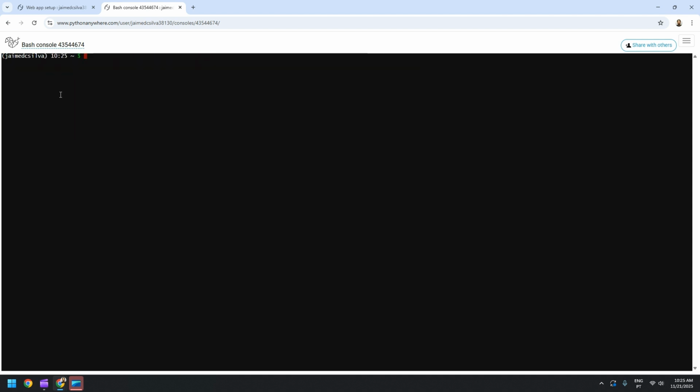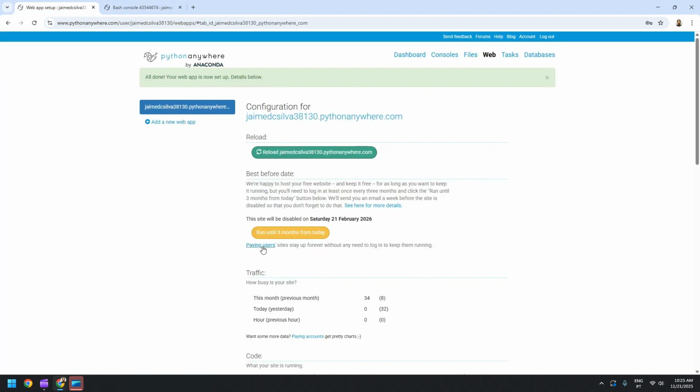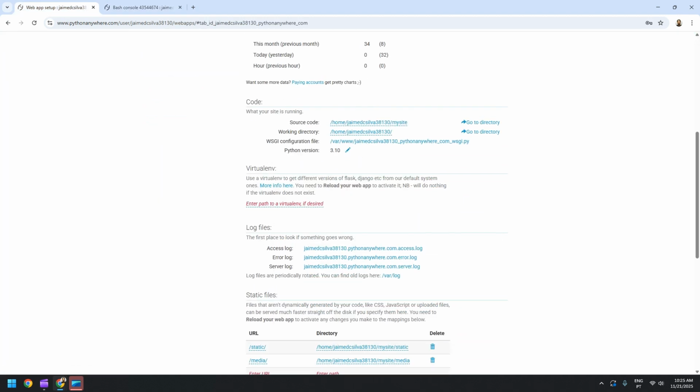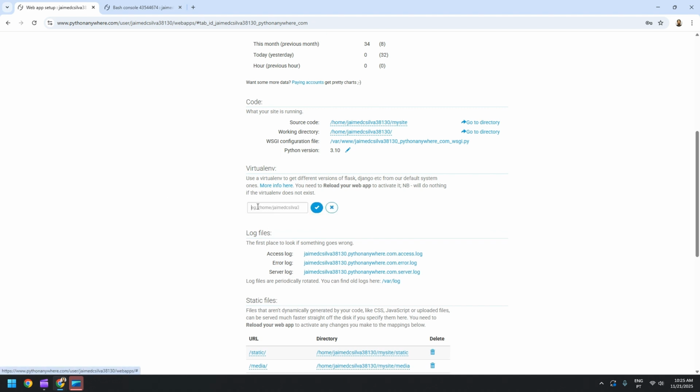Let's install Django in it. pip install django. And while it's installing Django, we can go back to the web tab, scroll down a little bit, and let's enter the path to the virtual environment that we have just created. So it's going to be /home/, the name of your username. So for me, it's Jamie, this is Silva,